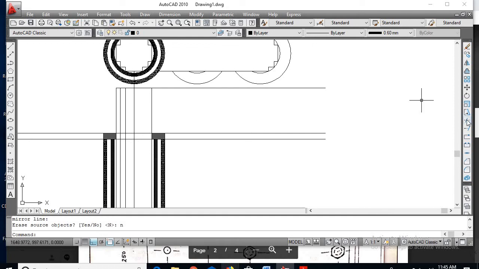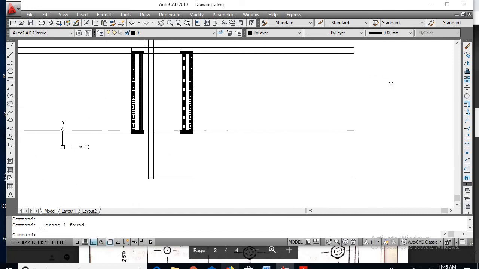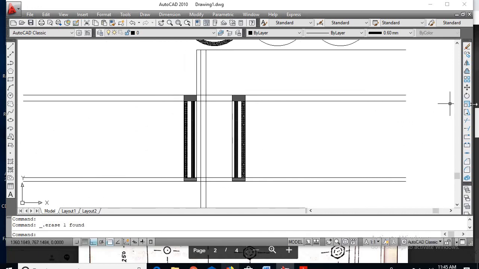So now we can go for trim command, right click, so trim the unwanted portions. So now I'll delete this line, center line. So this is the yoke details. So trim command, right click.